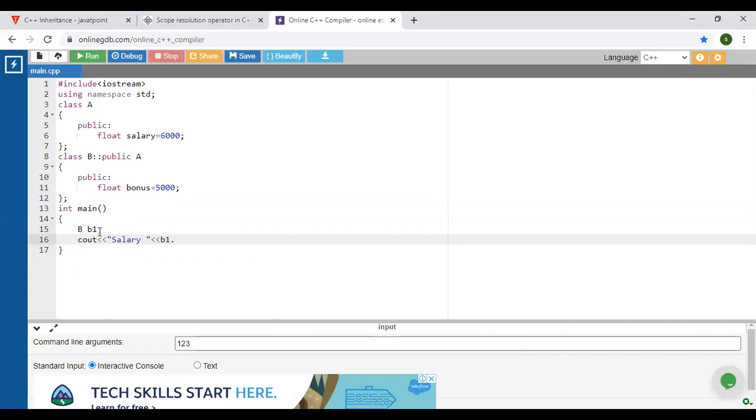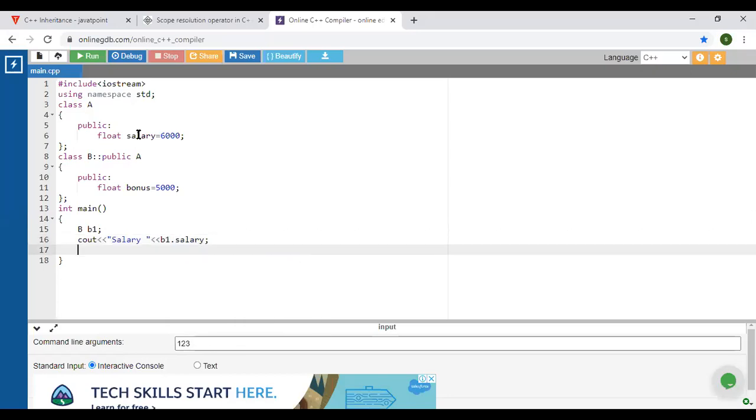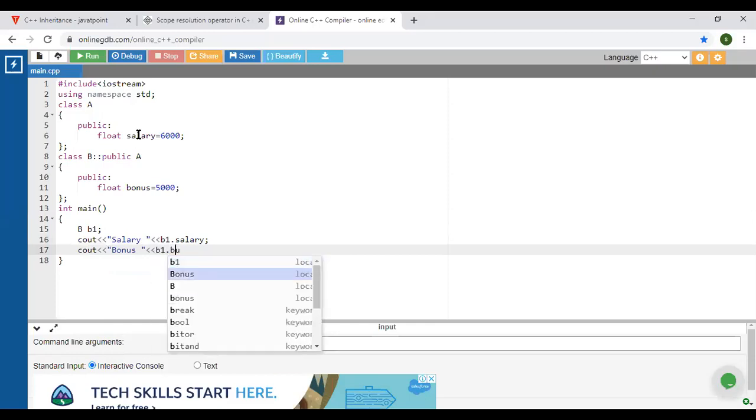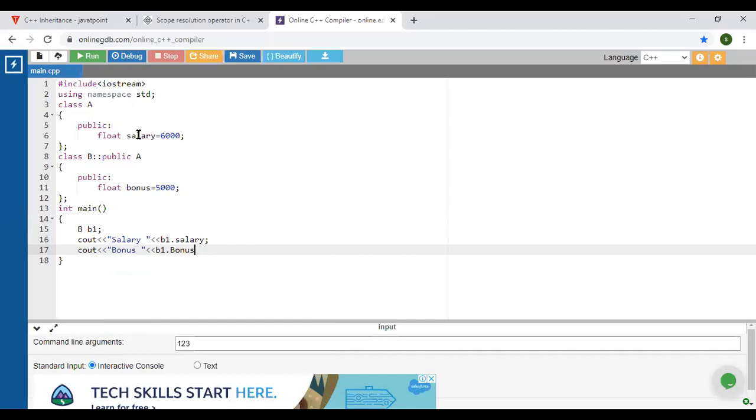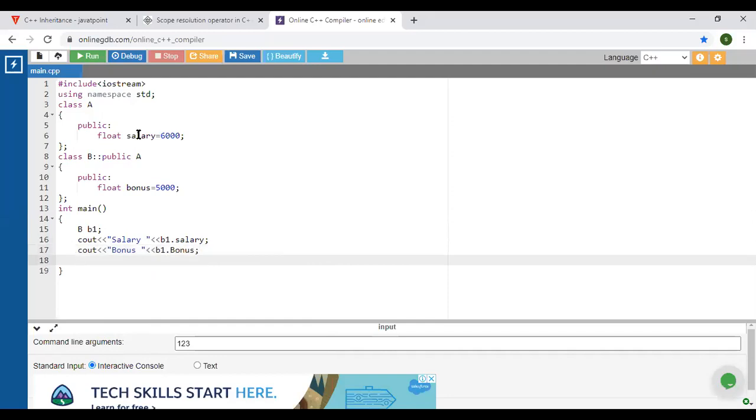The object name B1 dot salary, B1 dot salary, and then semicolon. Similarly, if you want to display this bonus, B1 dot the variable name bonus, semicolon, and then return 0.